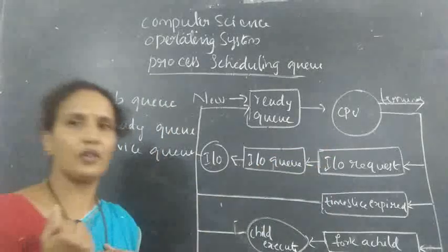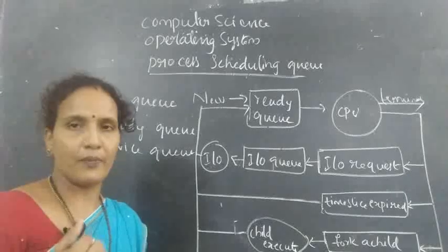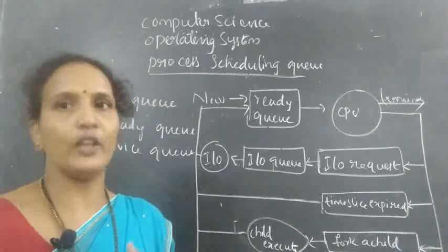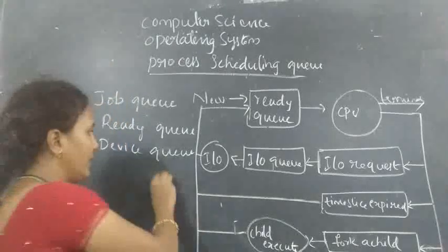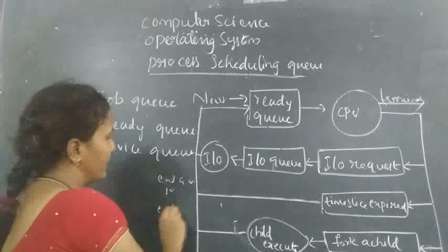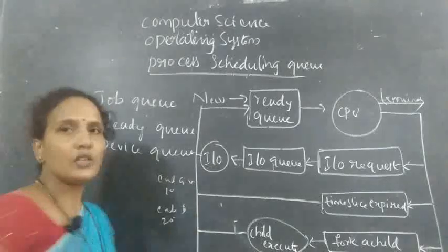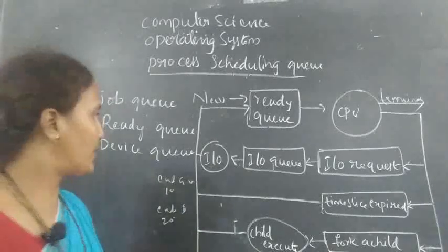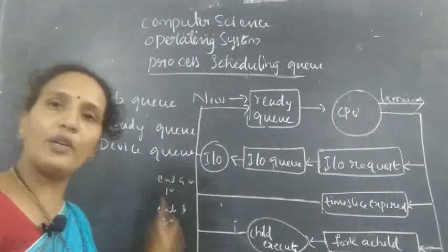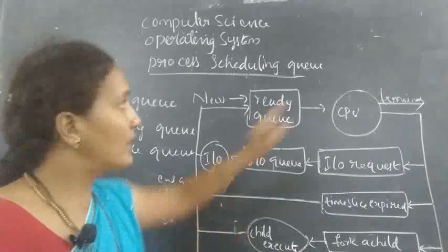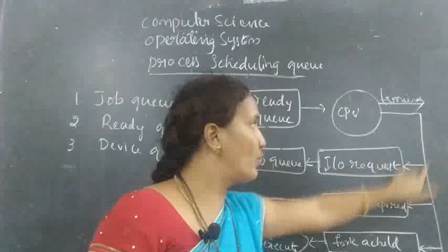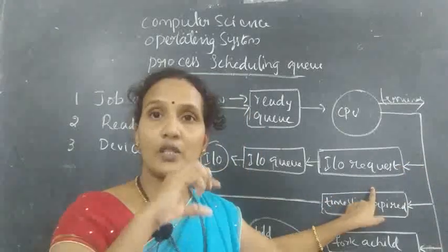Example, you have written a program for the sum of two numbers, and in it you are taking the a value and the b value from a user. Like this: enter a value, the user will give 10. Next enter b value, the user will give 20. In this case, what happens? The process should wait for input values from a user. So from the running state, the process is moved to the input and output request queue.